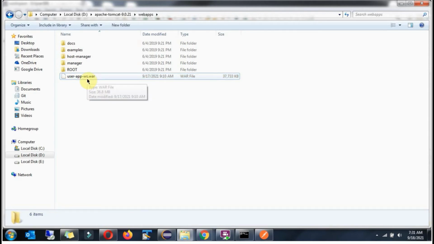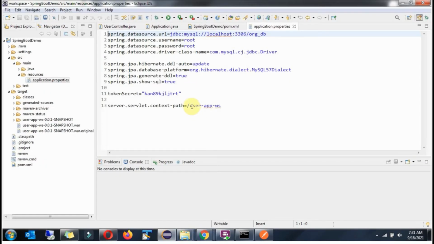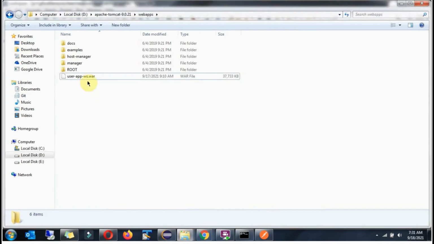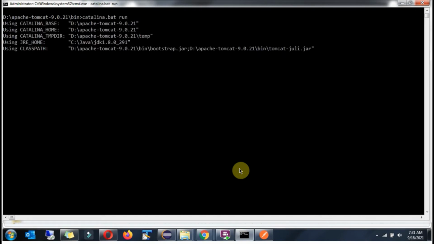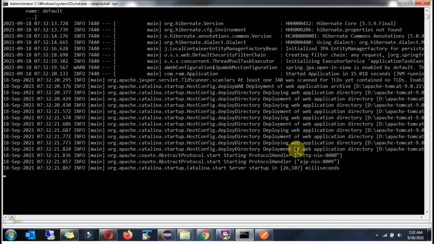This name should match the context path name. This name and the WAR file name should match. Then start the server. The application has been started successfully.